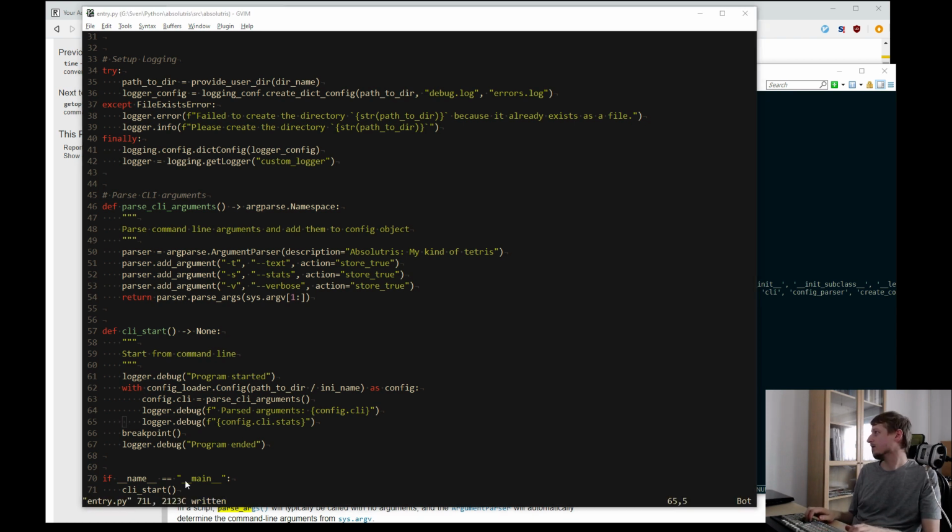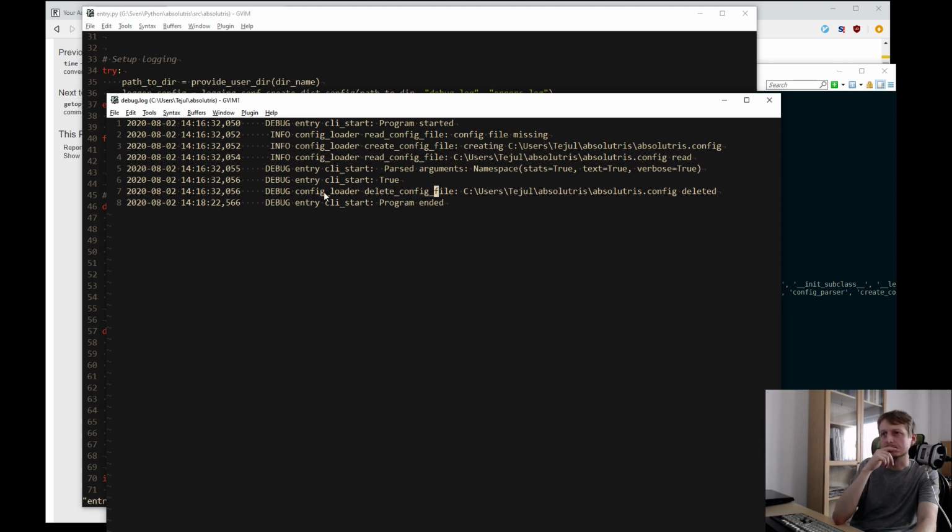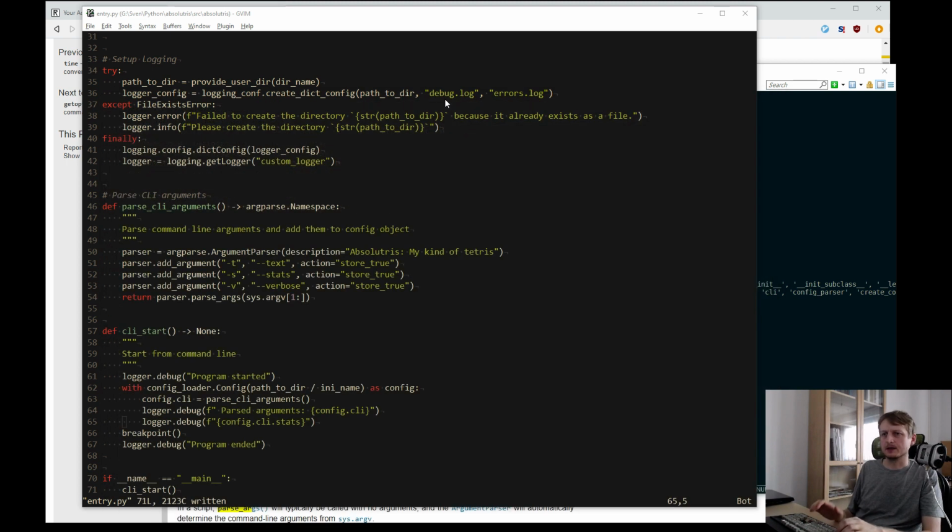So this seems to work. And I check my log. And the log file says something like yes. Okay, this is the log file, which is okay. And now I would like to actually do some stuff here.